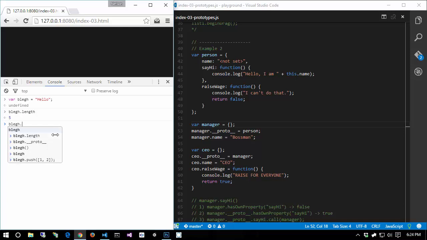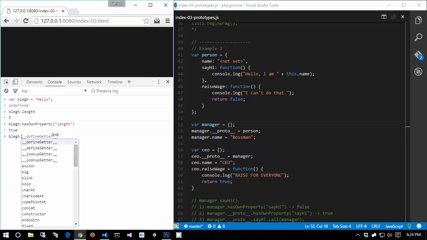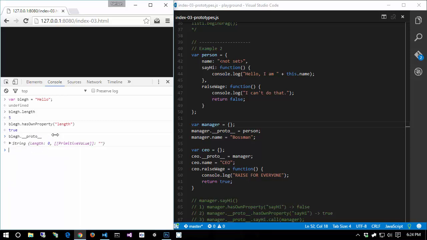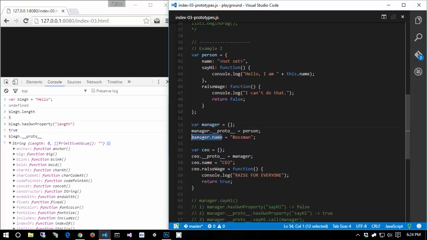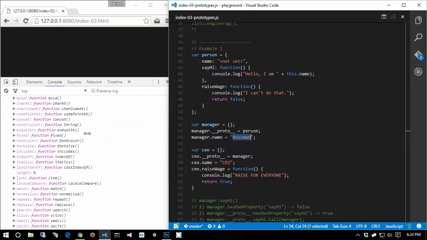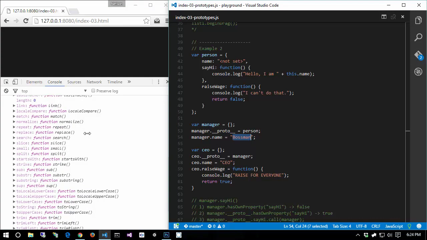So what happens when you do ble.length? Well, first thing it does is ble has own property length, which is, in this case, true because it was reset. Length was a bad example. Yeah, because length is reset on the object, just like how we do manager.name equals bossman. I shouldn't have done a property. I should have done something like,